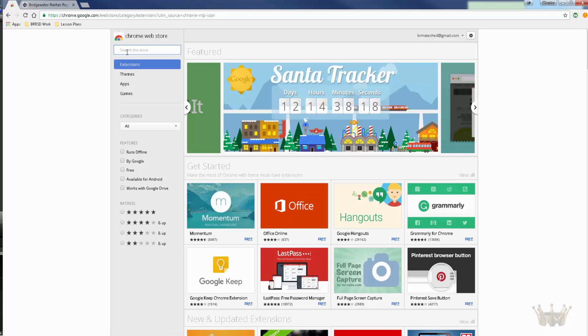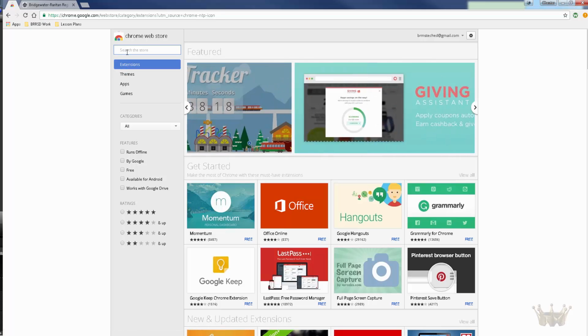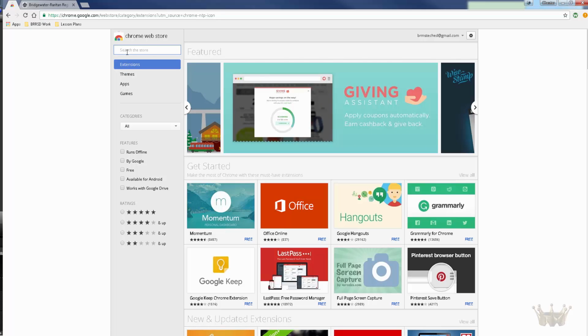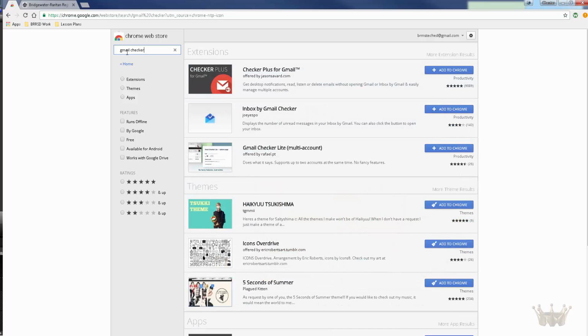Some extensions you can explore are for productivity for your workflow. I'm going to look for Gmail Checker and search and come across this one. You'll notice it's a productivity app and has over 9,000 5-star ratings. I'm going to add this to my Chrome account, and what you'll notice is as it installs itself, you may get a couple pop-ups